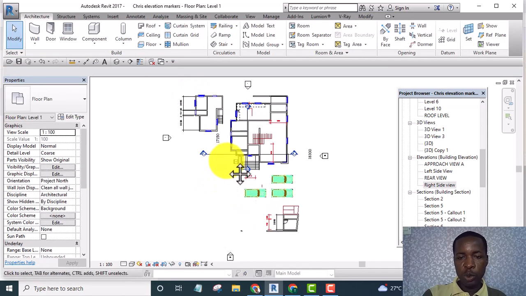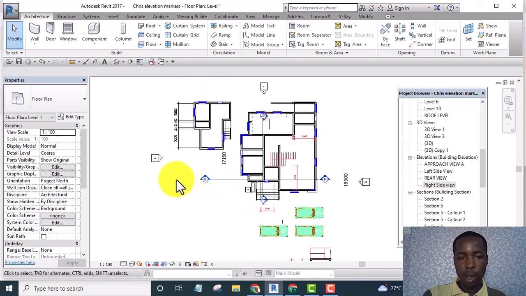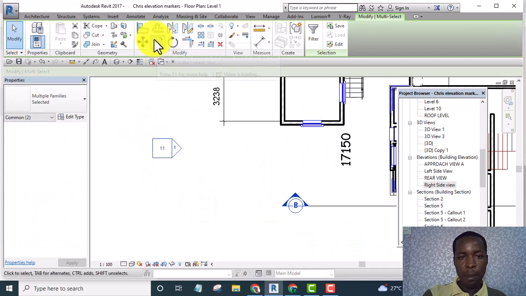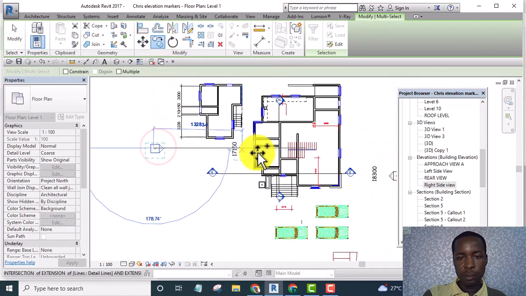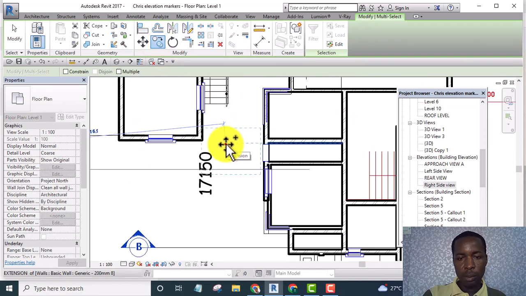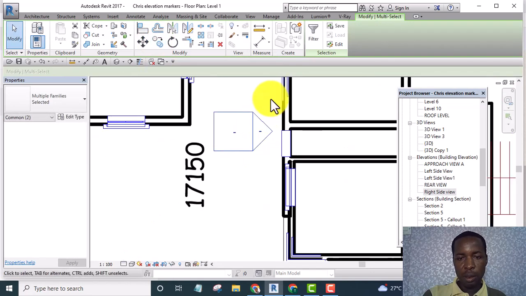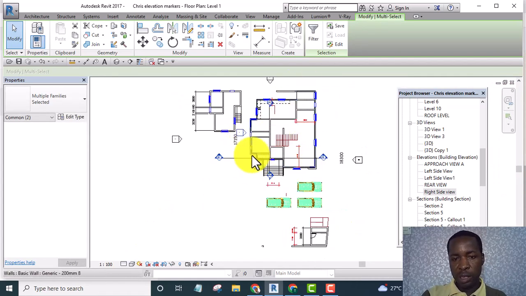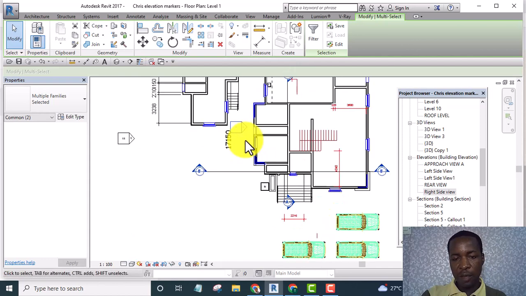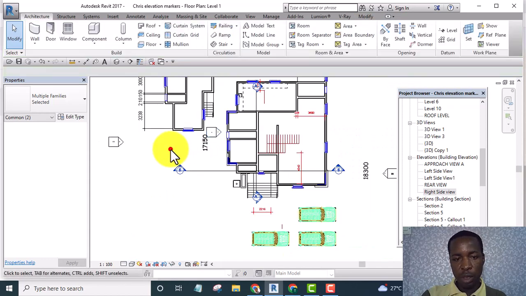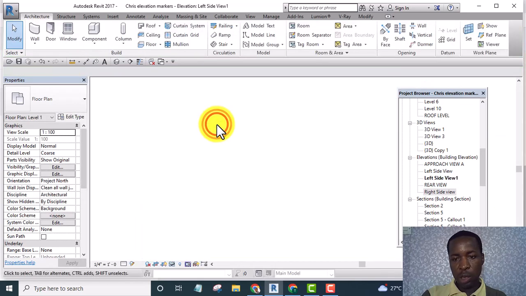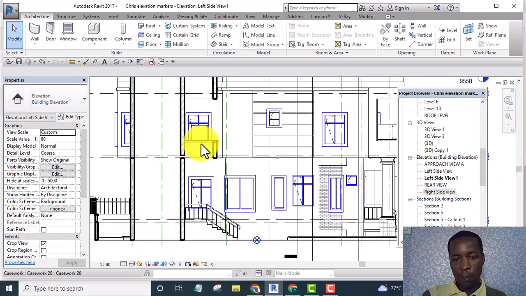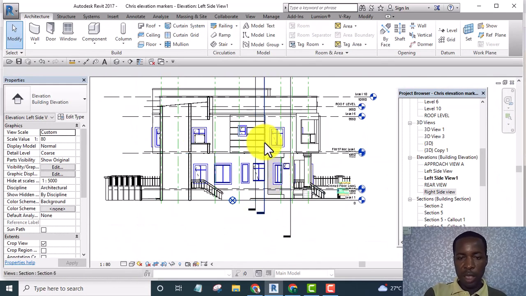So what I can do to maneuver this is I will simply copy this elevation marker. I'll click on copy and bring it here so that this particular one will be viewing this left hand side elevation, this left elevation. So if I click on this one now, you see now that it is no longer blocking the left side